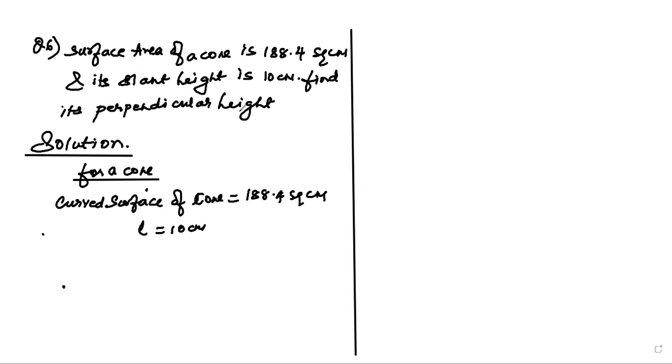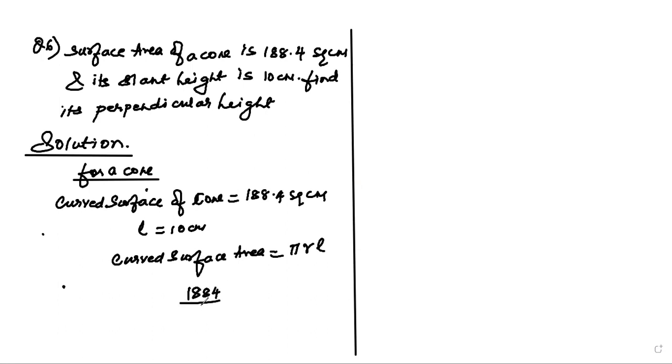Now remember, they wanted to find the perpendicular height. Need not worry about perpendicular height, but remember one curved surface area of cone is given. This curved surface area, I told you children, has a formula. So naturally, you have to use that formula first. Curved surface area equal pi RL. So when you look at it,